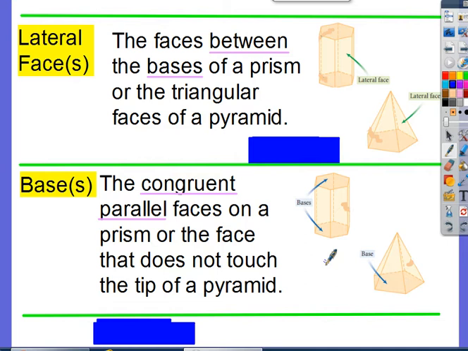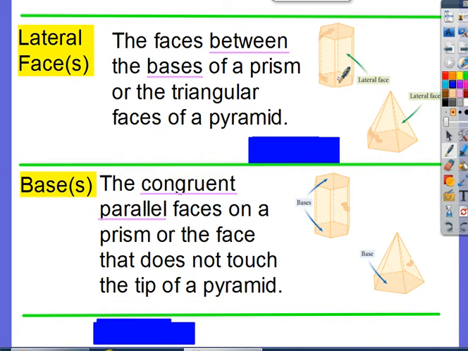But lateral faces are the faces between the bases. Look at the possibilities: the faces between the bases. That's how you're going to remember this. The faces between the bases of a prism or the triangular faces of a pyramid. So if you have the lateral face, your bases are going to be your top and your bottom. They're going to be congruent, and all the outside of the shape that connects those two bases is your lateral